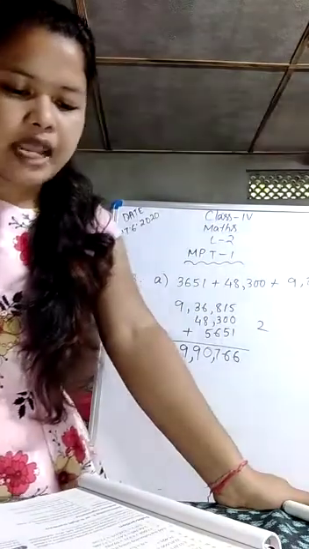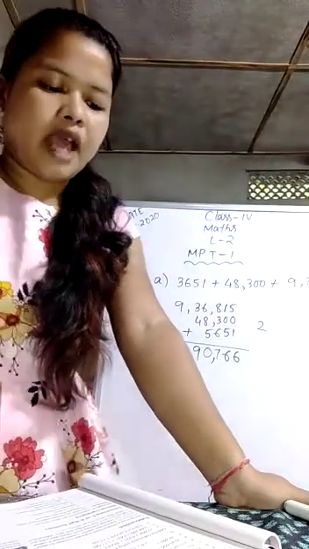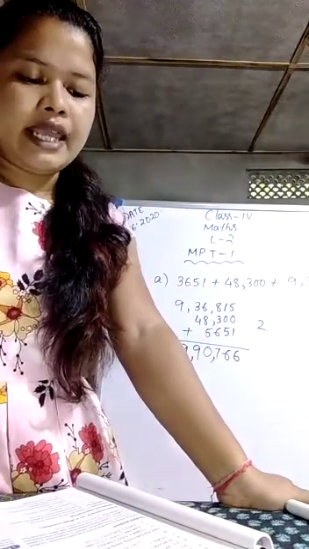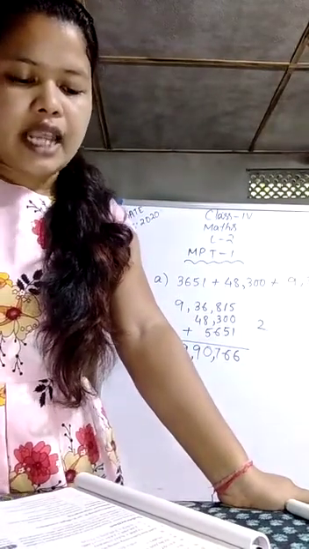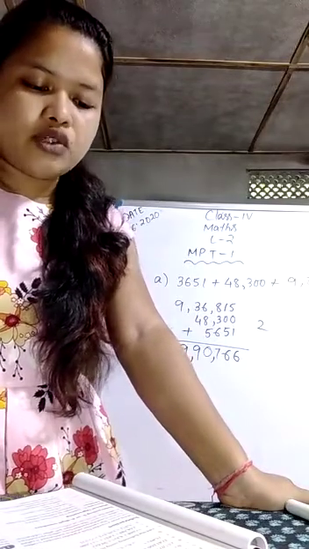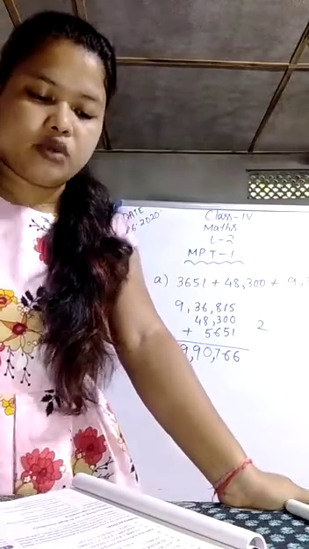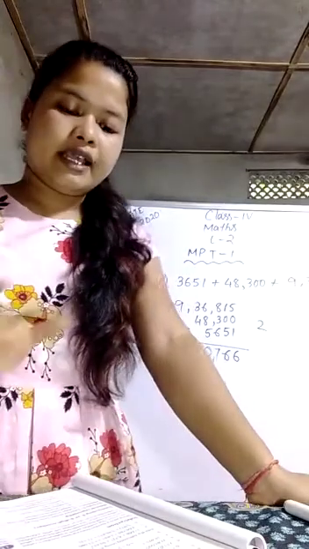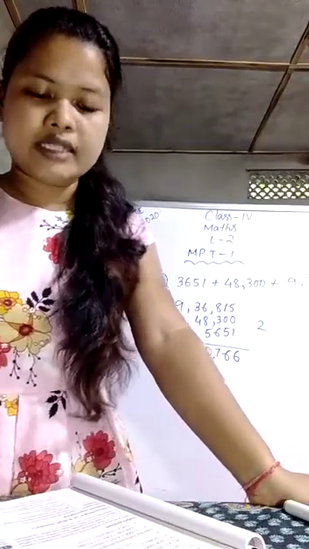Then my practice time 2. In my practice time 2, see question number 1, fill in the blanks. So A is 25,817 plus 12,352. It is on the left hand side. On the right hand side, one blank is there. You have to fill the box. Then plus